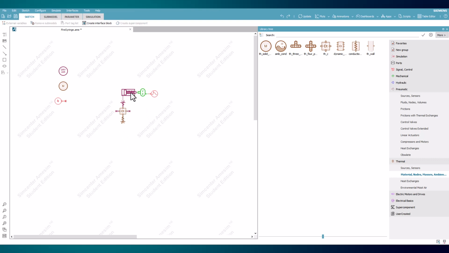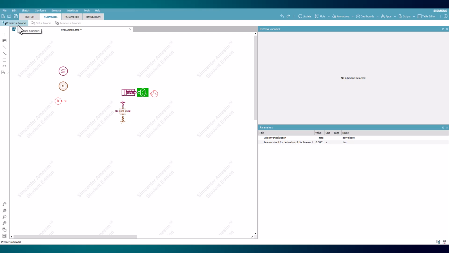Port 2 of the actuator is associated with the piston, which will be moved by imposing a set displacement from the converter of velocity and displacement from the mechanical library. A piecewise source is fed into the displacement port, imposing a path to move the piston. Additional components needed include a gas definition component, a thermal solid properties component, and a constant source with a signal sink that will be used later after simulation. In submodel mode, Premiere Submodel is acceptable.